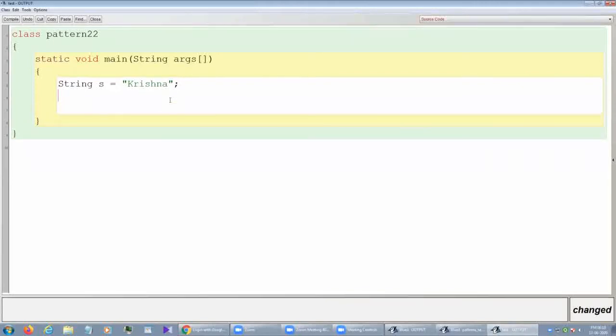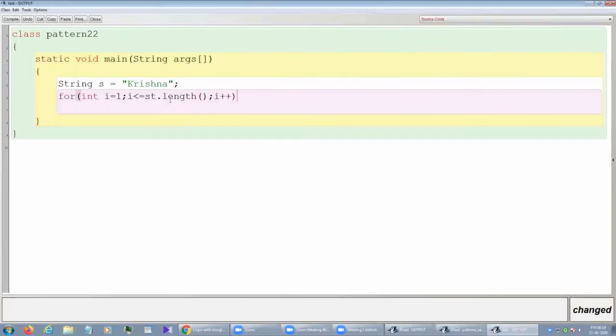And the simplest form, if you know, by substring, what we need to do: int i equal to 1, i less than or equal to s.length(), and then i++.